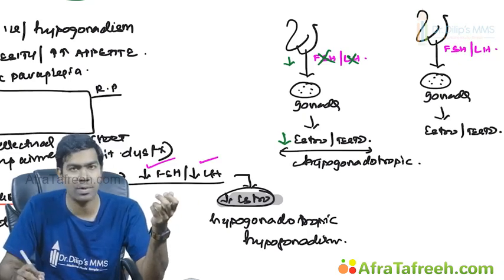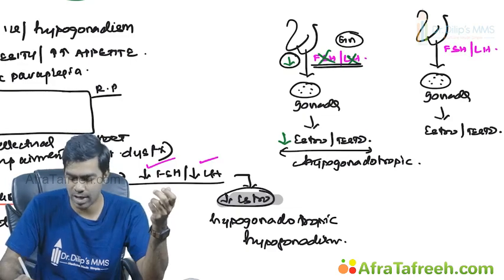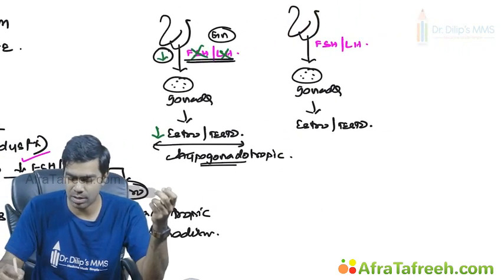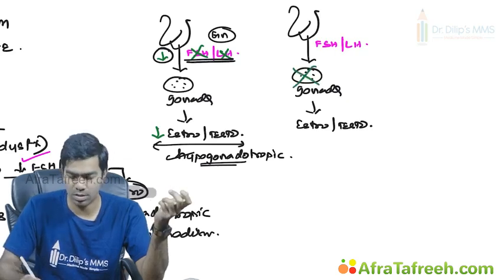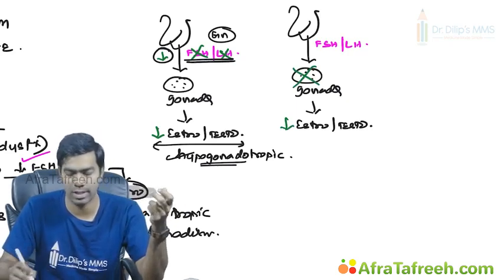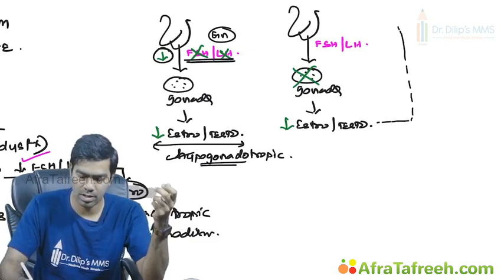This is a hypogonadotropic type of hypogonadism because the FSH and LH levels are low. These are the characteristic gonadotropins. That's why it's called a hypogonadotropic hypogonadism. Similarly, if you have a problem in the gonads, so the gonads are not working properly, there is some defect in the gonads itself, which means you will not have a sufficient production of estrogen or testosterone depending on